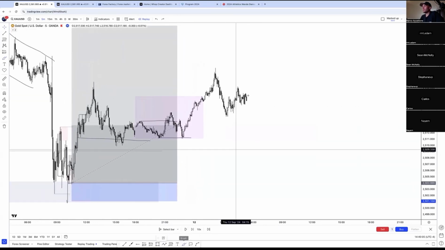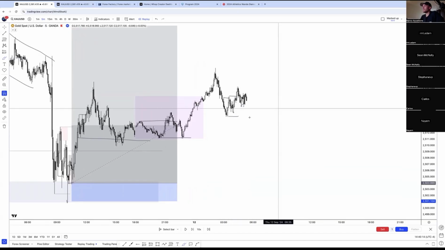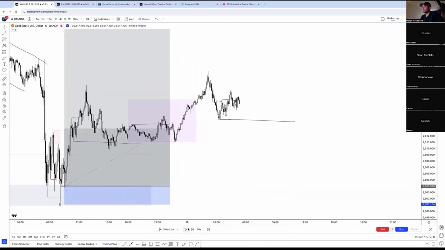Okay, look what's going on here. We're building liquidity. We took out some sort of high, we got a pullback. Respected the low, moved away, take out another high, return back to the low. We're getting some sort of respect here. We're just building liquidity at this low. Should take it out.